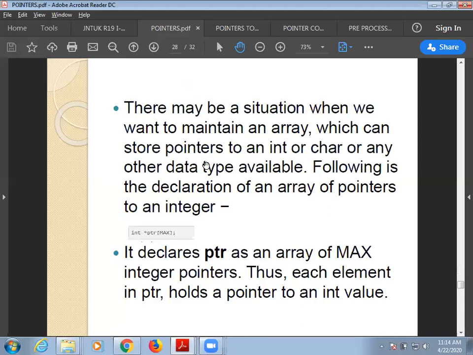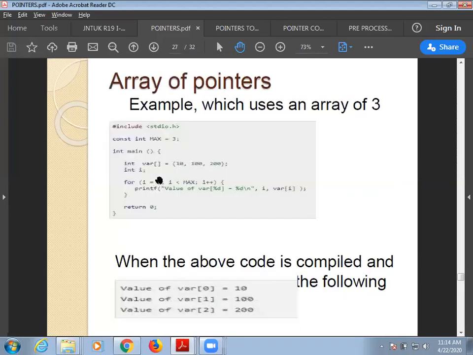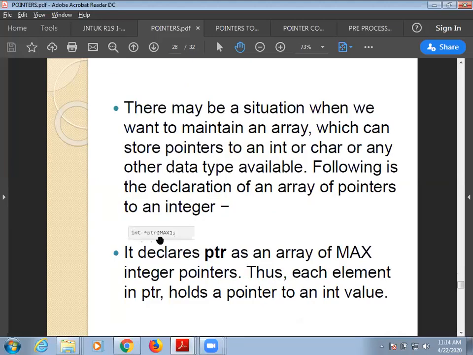To declare an array of pointers, a general array we would use in this manner: var of 3 is equal to some set of 3 values. If you want to declare an array of pointers, we declare it in this manner: int star ptr of max. If I specify star ptr of 3, I am indirectly making 3 pointers in this program.